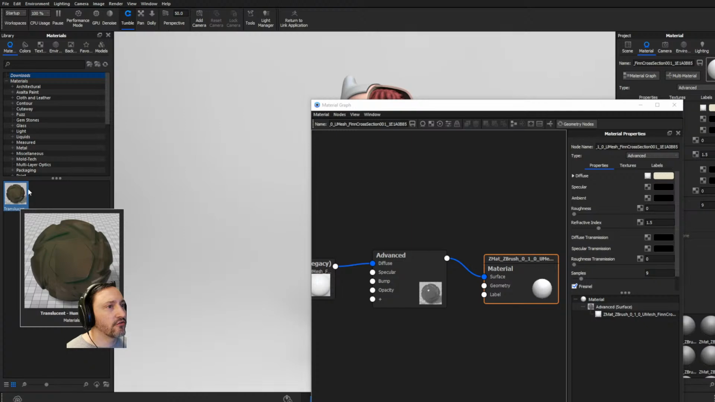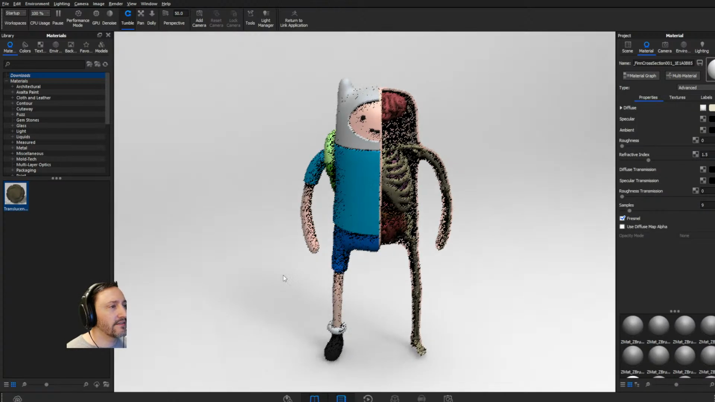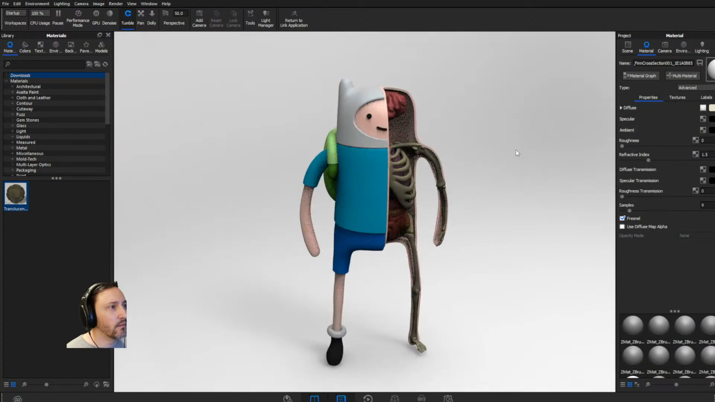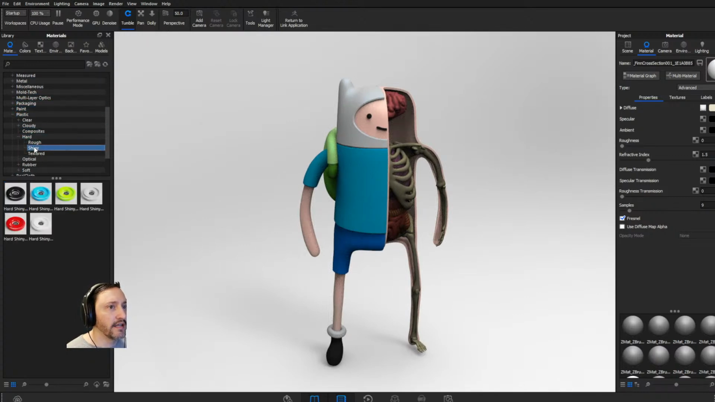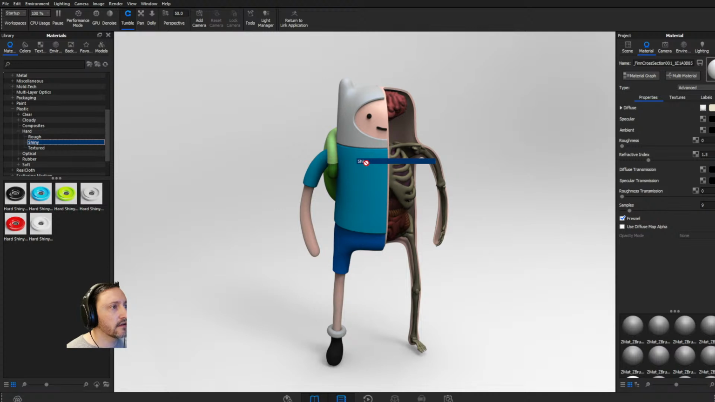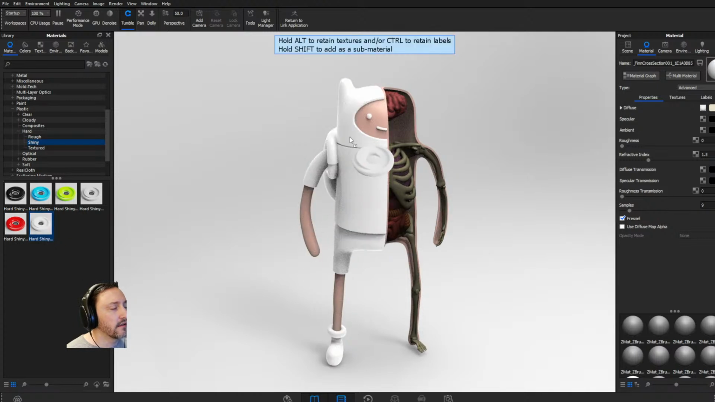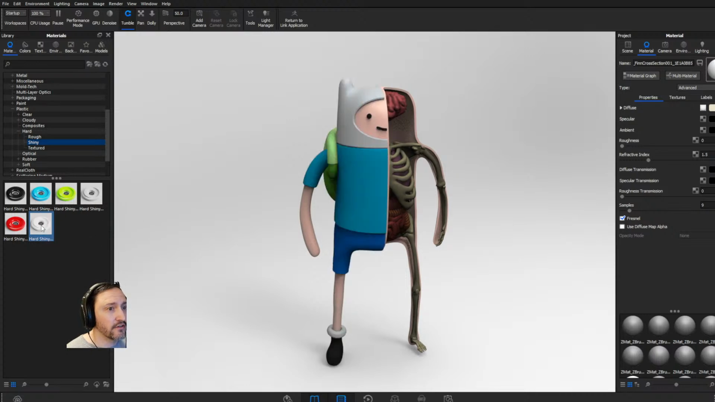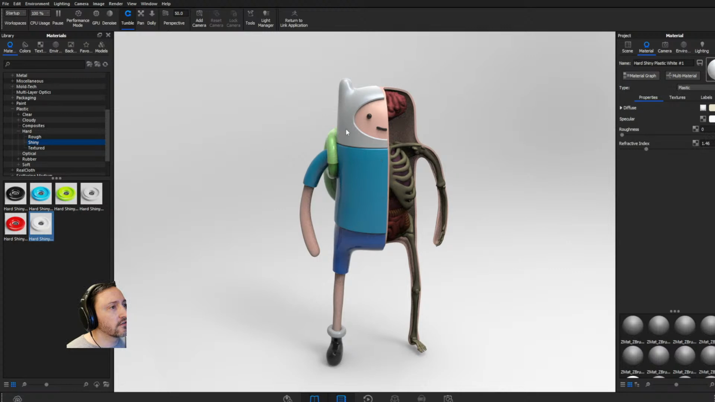So this skin doesn't have any real poly paint that I need to worry about, but what can happen is, for example, I take this plastic here, hard, shiny plastic, say white plastic, and I just apply it to this object. It's going to kill my poly paint. You can hold Alt to retain your textures, like so, and drop it on there, and that'll go ahead and retain your textures. But if I go in here to material graph now,